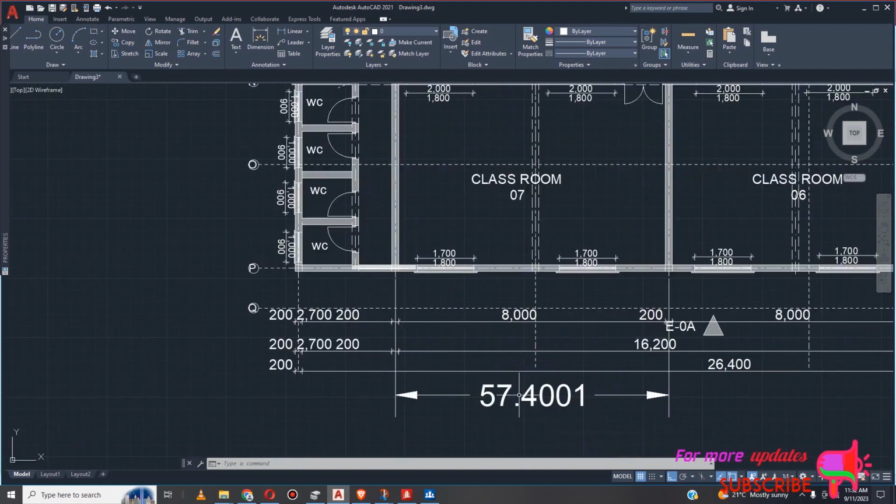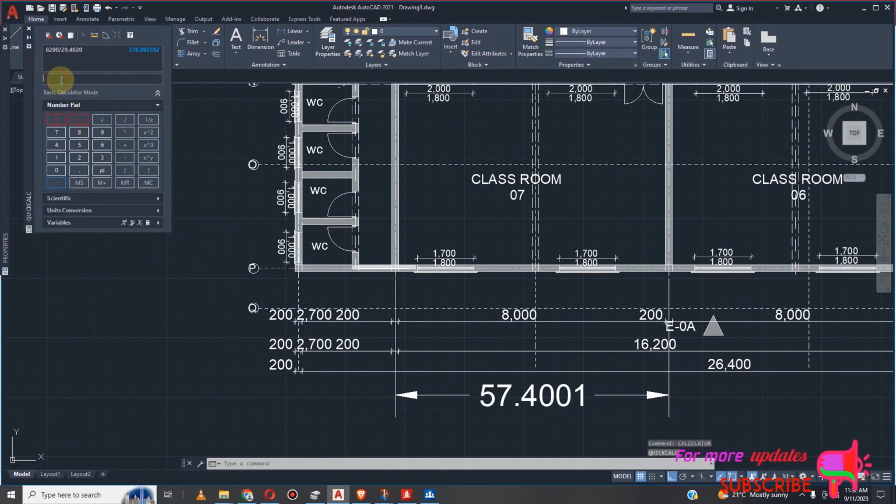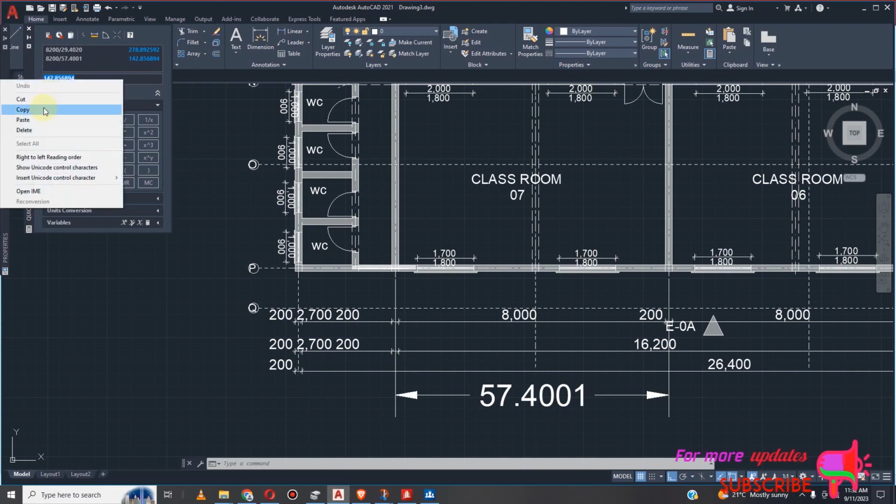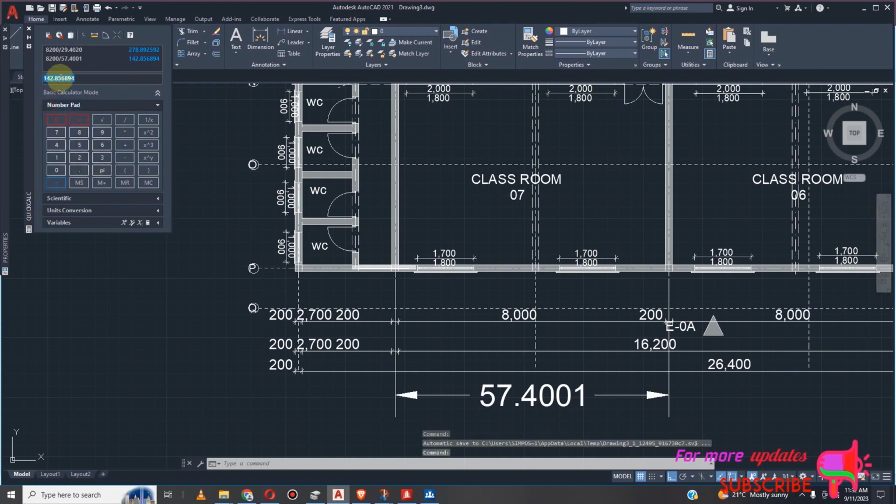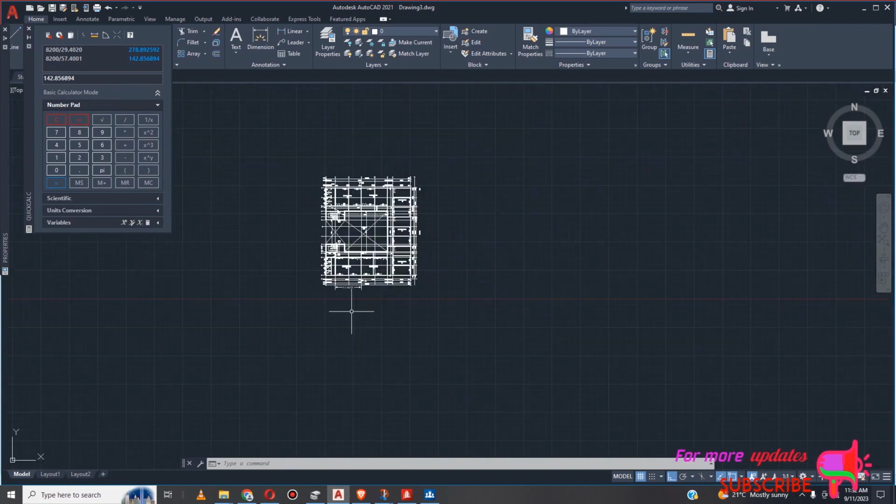So to scale this, we need to find the scale factor. We need to divide the actual distance by the current distance. So it will be 8,200 divided by 57.4001. Then equals, and you can see that the scale is 142.85. So we'll just copy the answer. That is the scale. We just copy the scale, then I'll select the entire